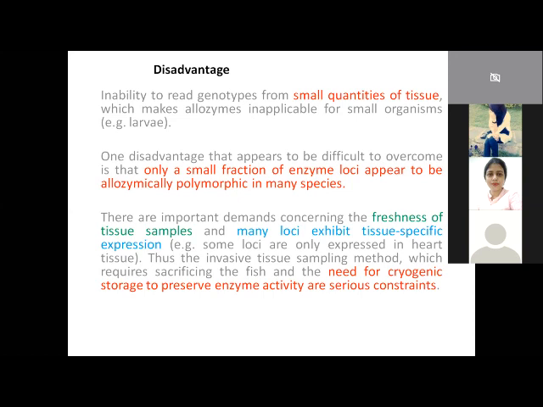If you remember the DNA barcoding class, I showed you one example of the forensic application of barcoding. We discussed the case of this one fish, the forensic case. They had taken the flesh, and that flesh was given to the NBFGR a day later, after so many days. Then they analyzed it and gave the results, and they confirmed that yes, this flesh or meat belongs to an endangered species.